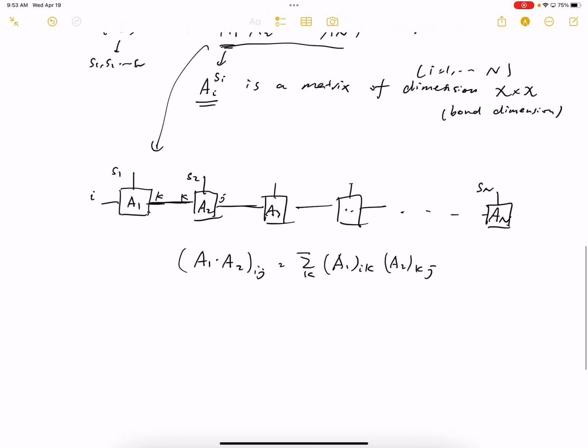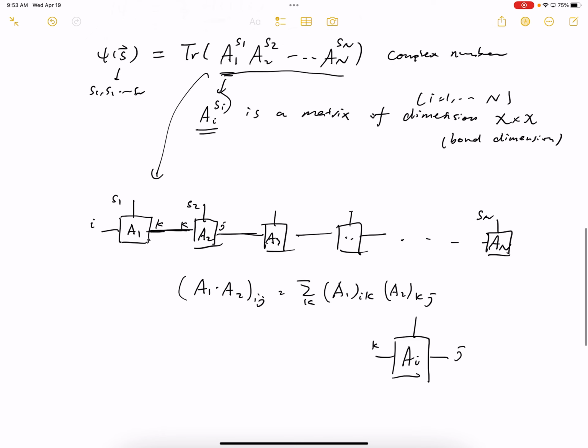Right. And you can think about each matrix A here, A_i, as containing two legs. So these are basically its row and column indices, right? So you can call this, for example, K, and this J. And you also have a separate index, which is given by S_i. So this is basically your S_i. So each of the A_i, you can think about it as a rank 3 tensor. So it has 3 indices, K and J, which are the row and column of the matrix, as well as the index S_i. This S_i typically is called the physical index,